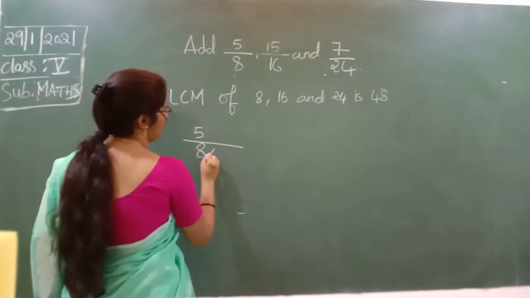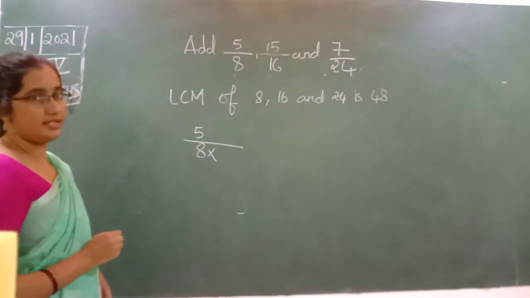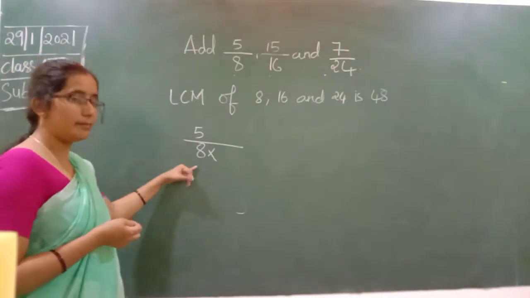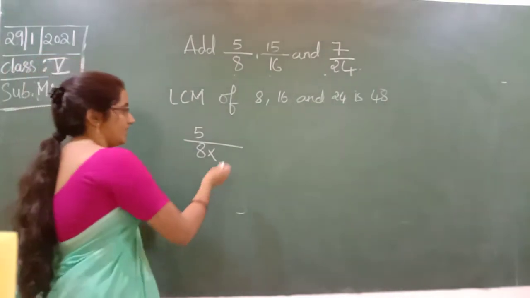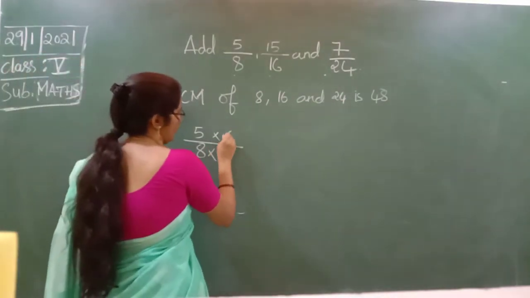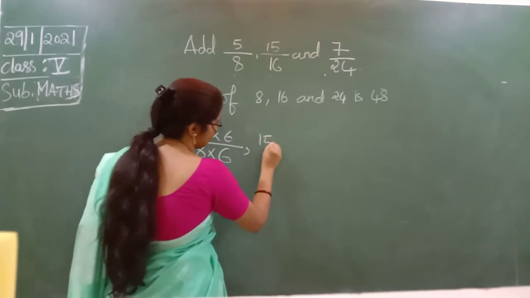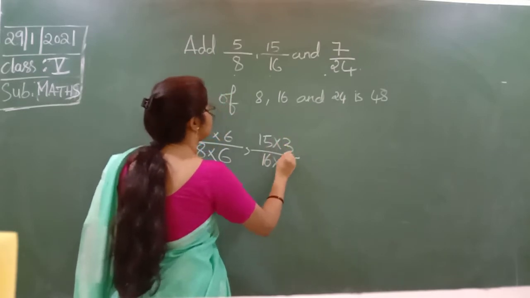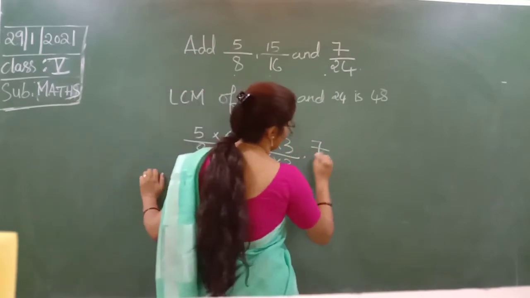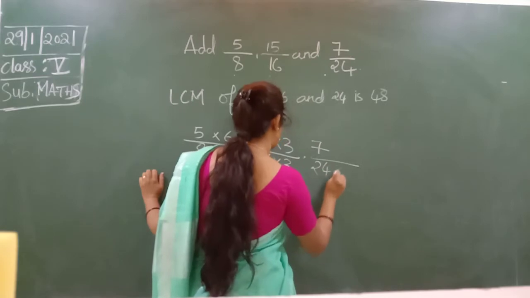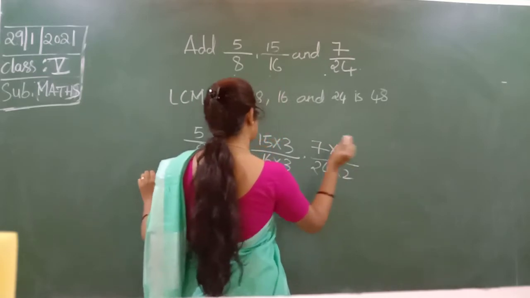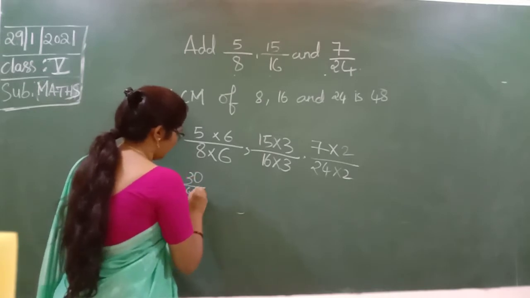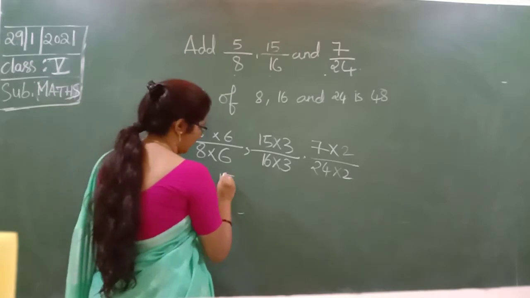In the 8 table, 48 is divisible. What number multiplied gives 48? It's 6. 16 3s are 48. 24 2s are 48. Now convert: 30 by 48, 15 by 48,